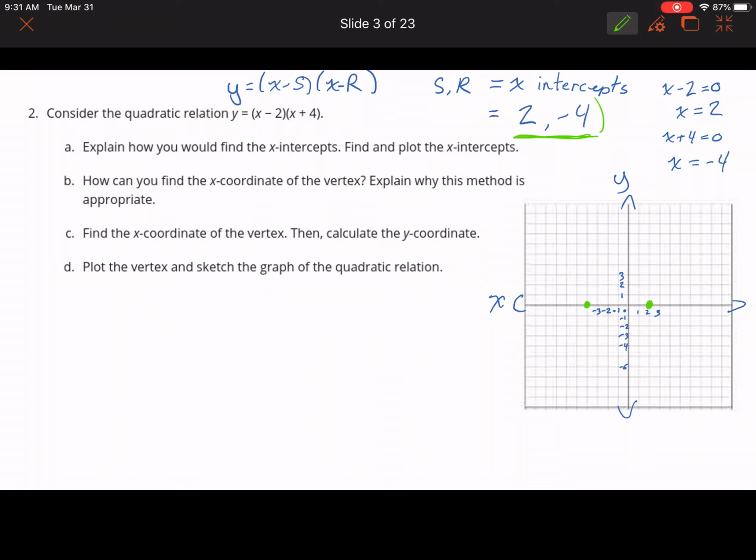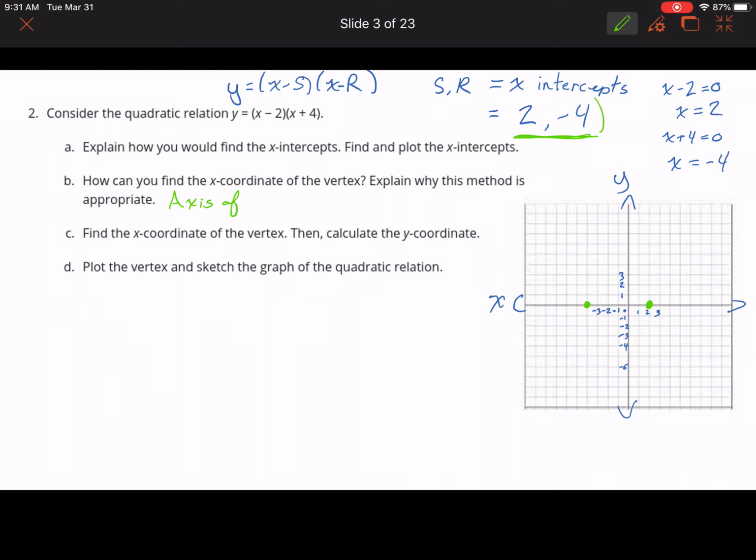So I don't know the vertex yet, and I could do some complicated algebra where I expand out this factored form and then complete the square to get it into vertex form. I could do a lot of complicated algebra that we've already learned, but I'm going to make it easier for myself because I already know